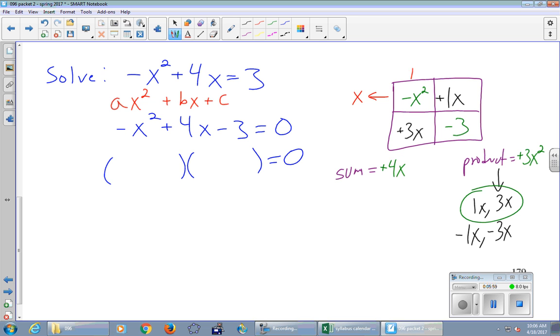Then we're going to come up here and we're going to say what two things. Yeah, it's got to be a negative x. Everybody see that? Right, we multiply and the area is supposed to go in the box. Let's go up here. So whatever we put times this 1x is supposed to be that positive 1x. That's got to be plus 1 right there. And then over here,